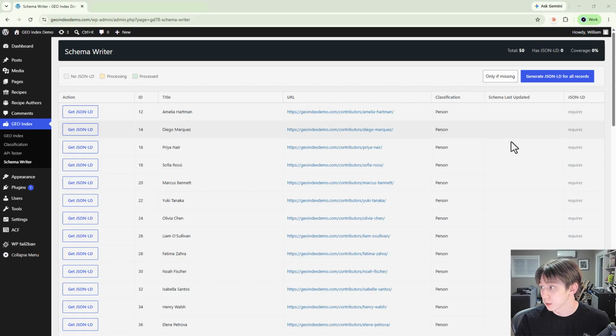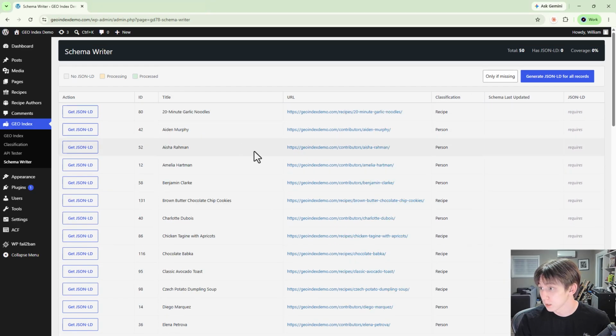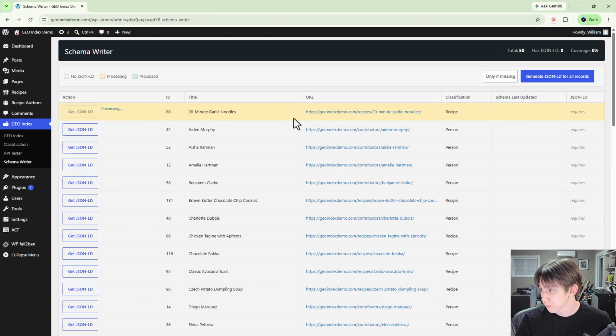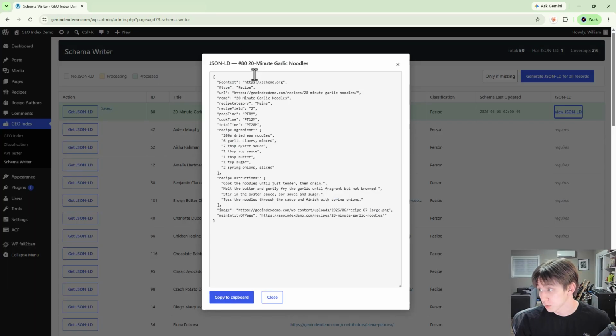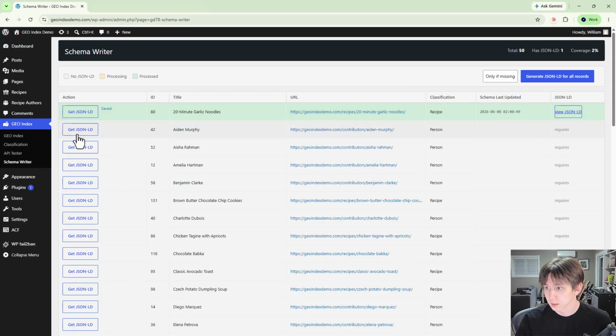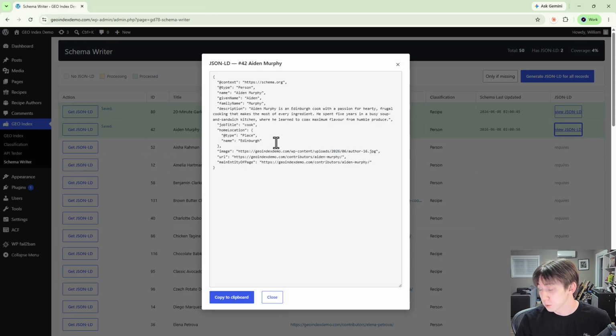So you can see here the list of all classified records. None of them have had the JSON LD generated yet, so let's start with an example. The JSON LD for this recipe, which was just generated, looks good. We'll validate in more detail later. Similarly, it also looks valid for this person's